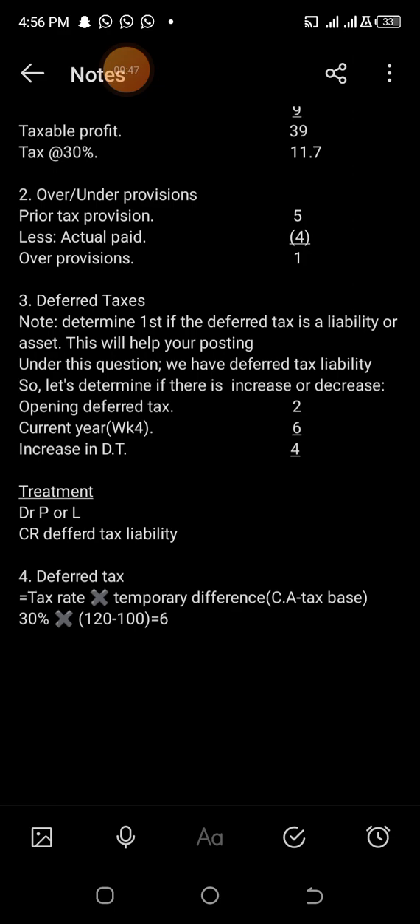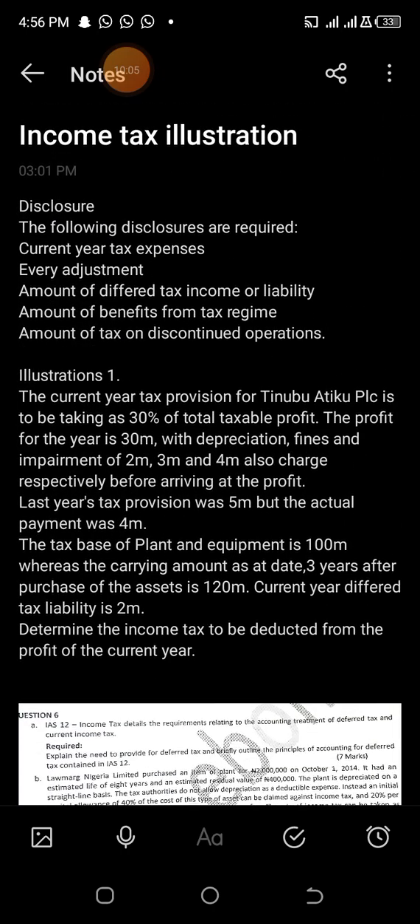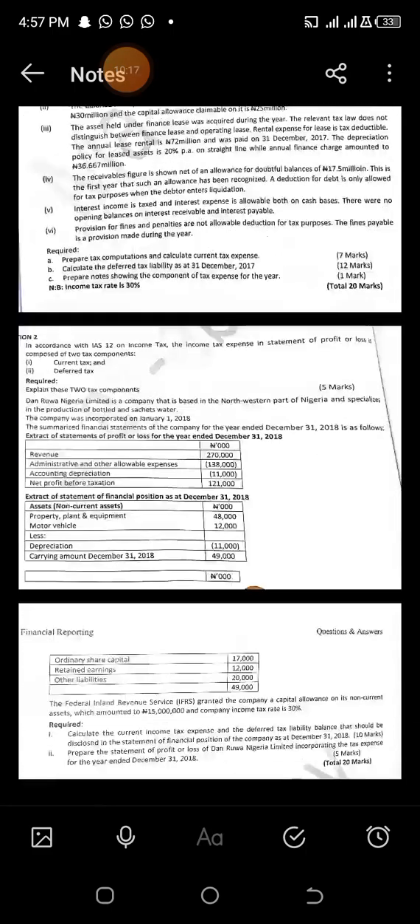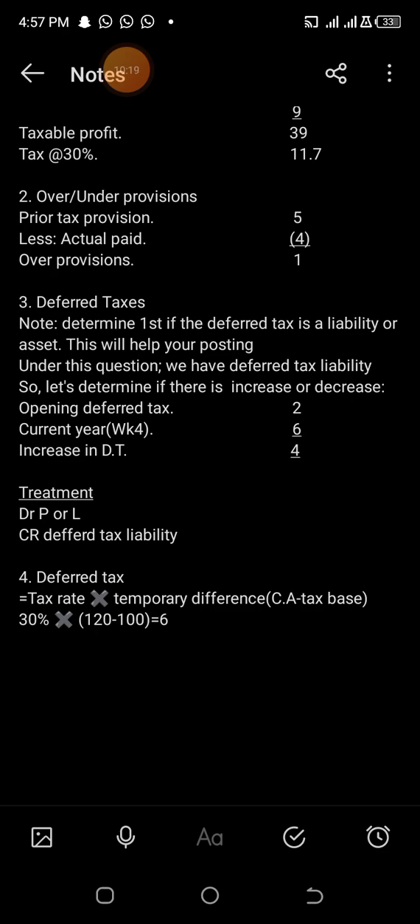Deferred tax. Let's calculate this. Like I've told you, deferred tax is calculated by tax rate multiplied by the temporary difference. The temporary difference is carrying amount minus the tax base. So we were told that the carrying amount is what? Let's look at it together. They said the carrying amount as at date is 120 million, whereas the tax base of the plant and equipment is 100 million. So 120 minus 100